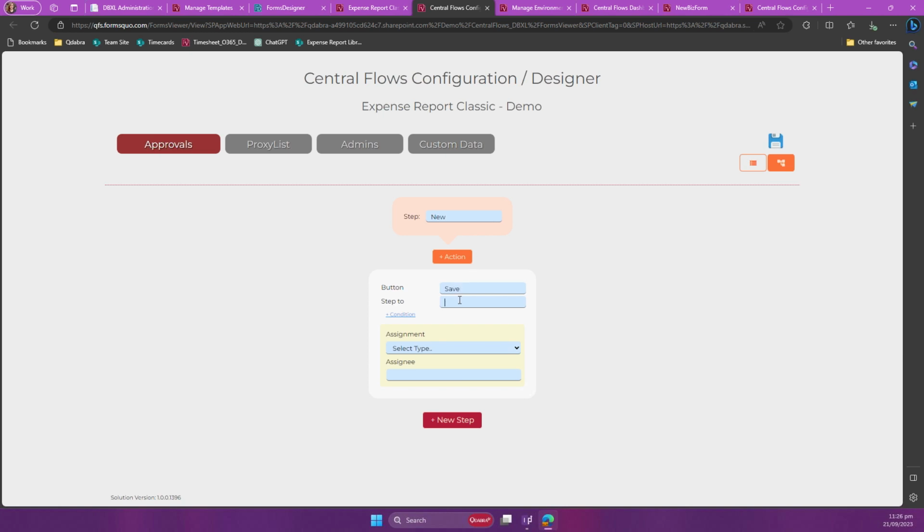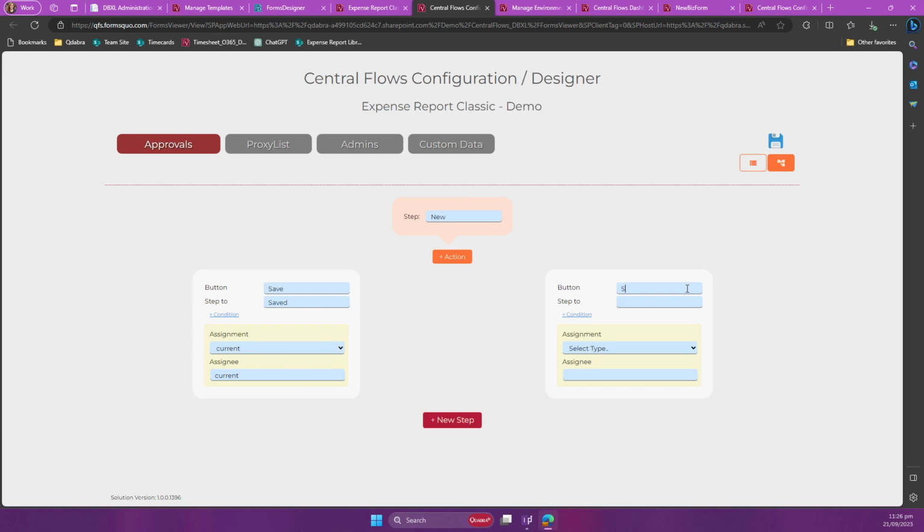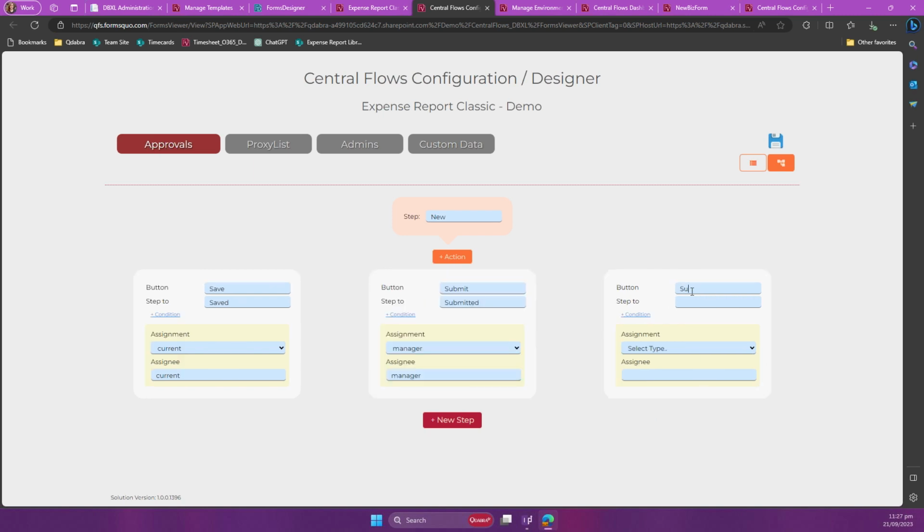We want to show the save buttons. When clicked, we want to set it to saved, right? And then assign it to the current user who's saving it. Add another action. This is essentially adding another button for this new state. So I'm just going to call it submit and you submit it. So for the purpose of this demo, I'm going to add 2 buttons that are labeled submit. So I can essentially add multiple buttons like I talked to you about before that has the same labels, and then we'll differentiate them